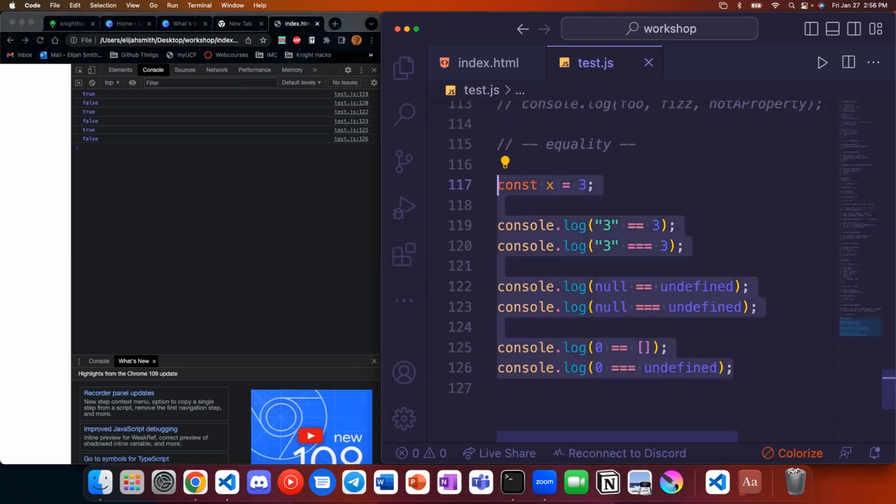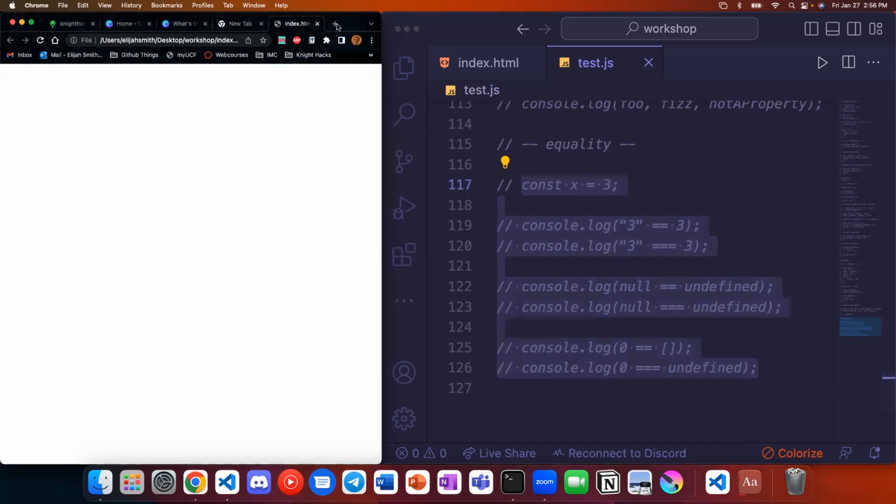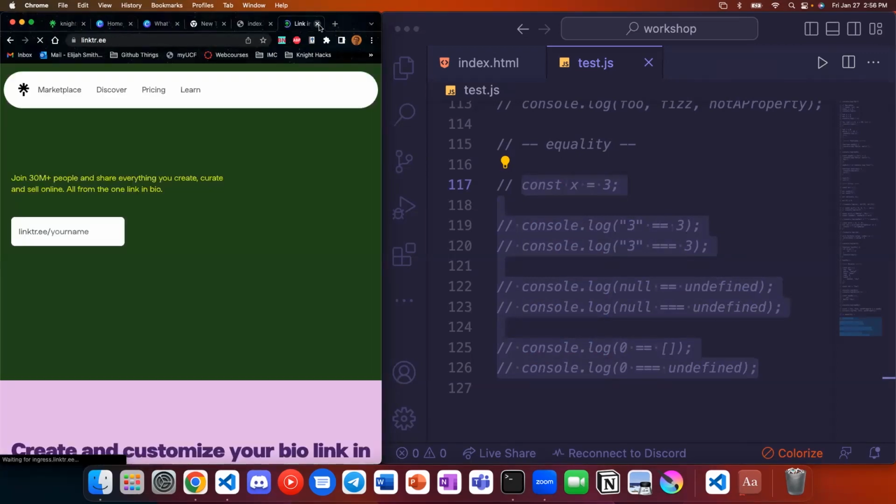All right, that is enough of me just talking about things. So let's go ahead and turn this into a small project just to make things more fun than they are currently. I don't know if you guys are having fun. Let's go back to the link tree if you're not already there.